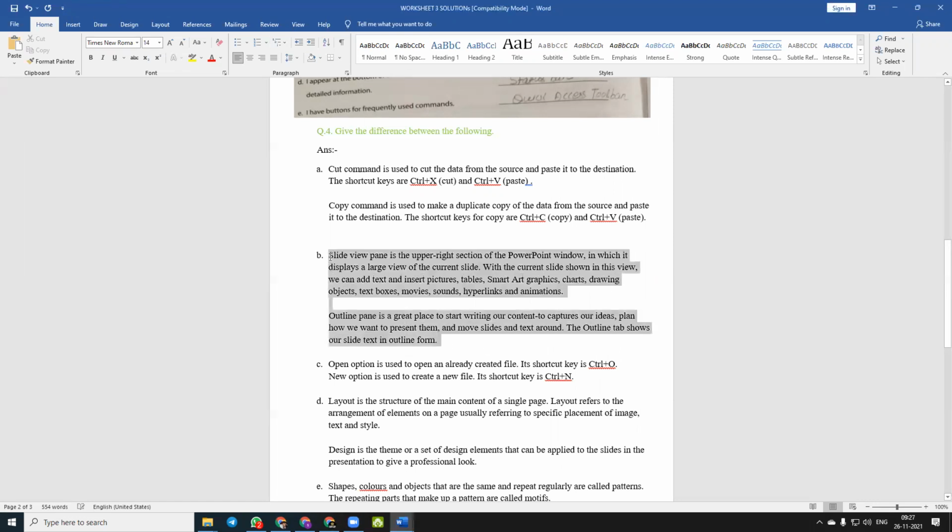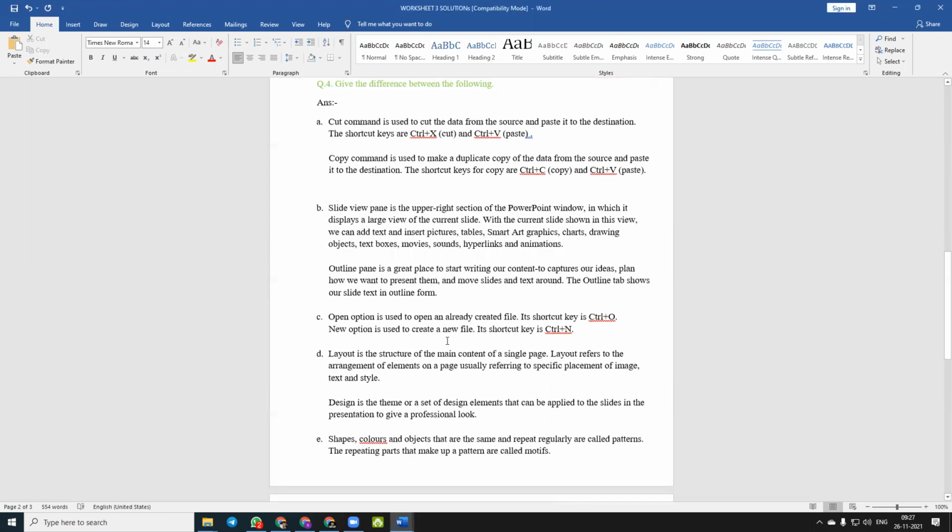So that is the basic difference between slide view pen and outline pen. Question number C, open and new. Open option is used to open an already created file. Its shortcut key is Ctrl plus O. Whereas new option is used to create a new file. Its shortcut key is Ctrl plus N.